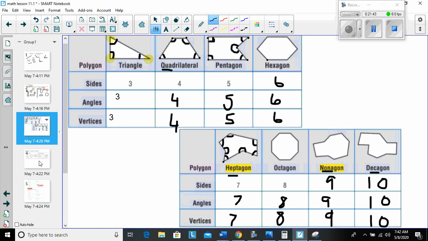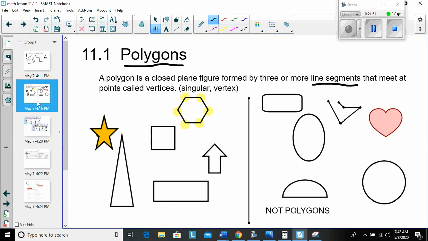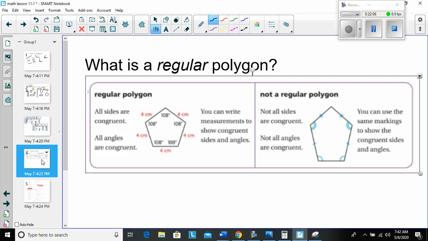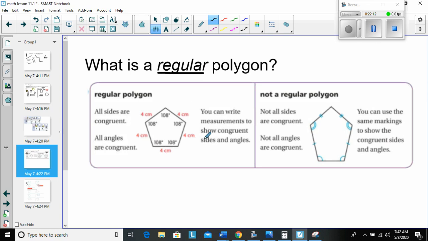Now that we have these names in our brain, let's go ahead and talk about one more thing with polygons. So remember, the first slide was what makes a polygon, right? What's the definition of a polygon? Then we did the special names of some polygons, right? Triangle, quadrilateral, pentagon, hexagon, heptagon, octagon, nonagon, and decagon. And now we're going to look at what is a regular polygon. Okay,